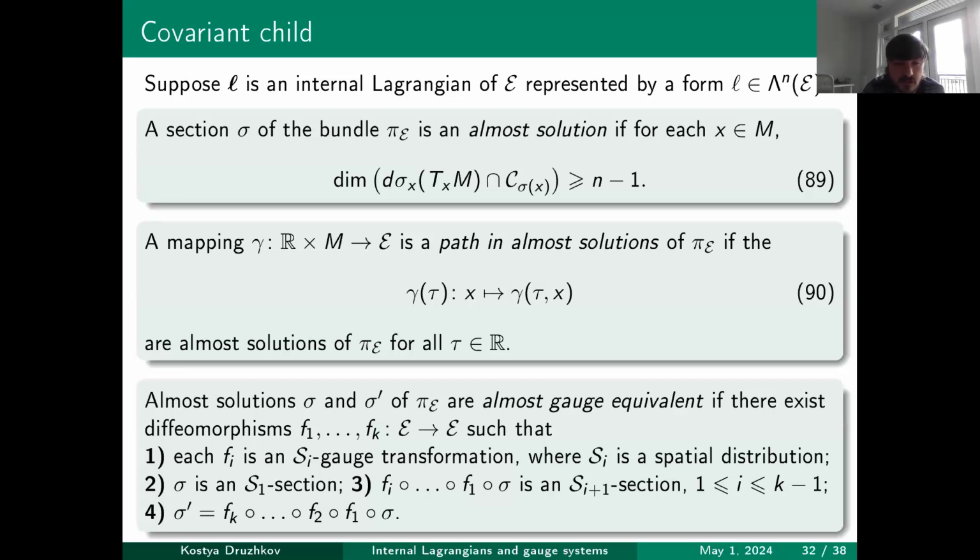So we say that almost solutions sigma and sigma prime are almost gauge equivalent if there exist diffeomorphisms phi1, etc., phi k, such that the following four properties hold. First of all, each phi i is an S_i gauge transformation, where S_i is a spatial distribution on epsilon. Here I use not L S_i gauge transformation, but S_i gauge transformation, because